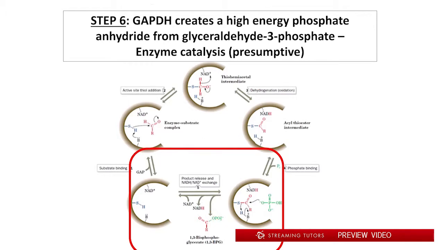The reduced NAD is exchanged, and the now phosphate anhydride is formed. So notice what we've done here. We've exchanged a thioester high energy bond for a phosphate anhydride high energy bond,